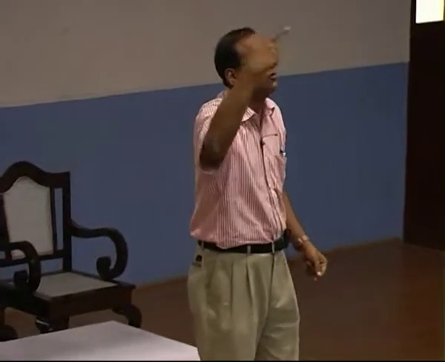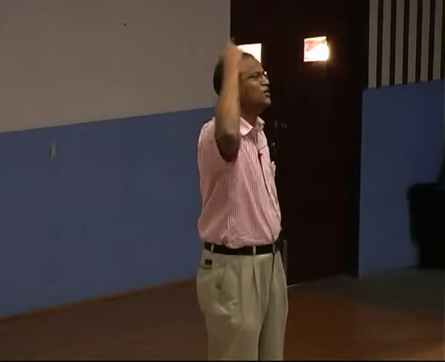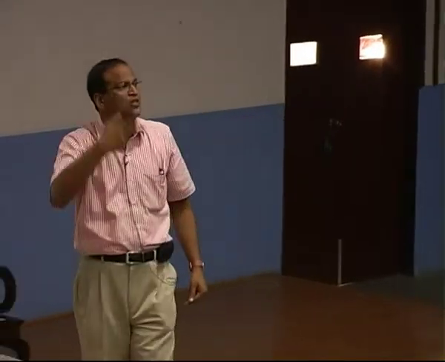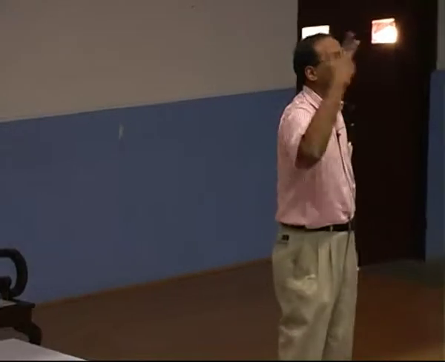Quickly, the problem with the visible image is it's available only between 6 o'clock in the morning and 6 o'clock in the evening. If you want to know how the clouds are evolving at night, you need an infrared camera. But infrared cannot penetrate clouds. Therefore, you go for microwave. For microwave, E is equal to h nu, the energy is so low that you cannot put it in a geostationary orbit. You can put it only into low Earth orbit, and then it will see India only 2 hours a day.